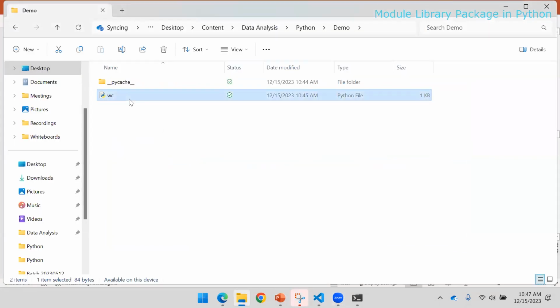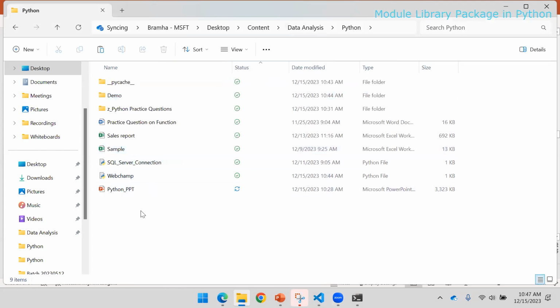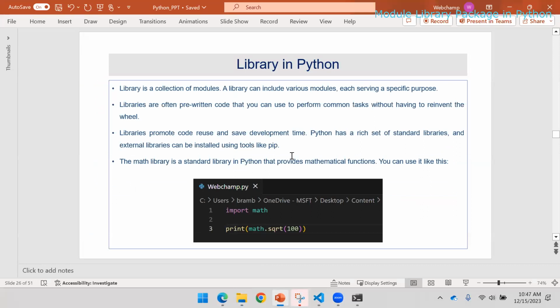So importing and everything is similar. Let's say here I have 10 Python files; I can say this is my library. A library is very similar, but it just has multiple